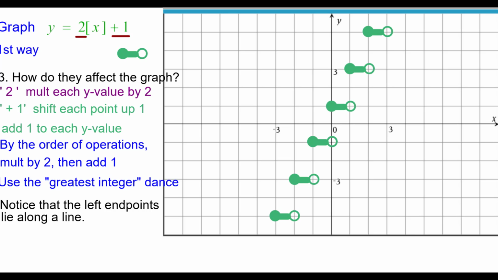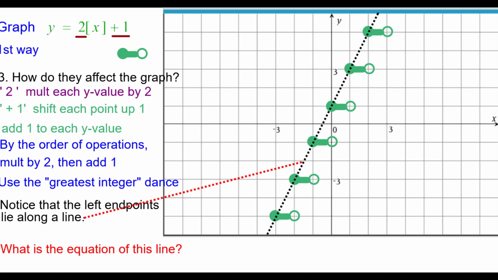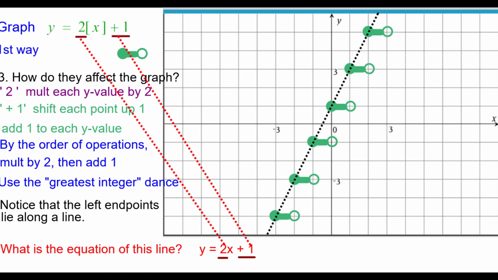We should notice that the left endpoints lie along a line, so I'll draw that in as a dashed black line. What is the equation of this line? Press pause, figure that out, and then resume when you're ready. Well, the equation of the line is y equals 2x plus 1. I compare it to the original equation, and